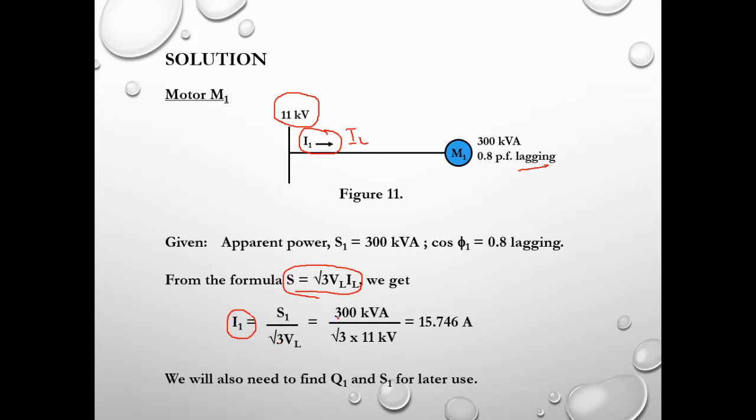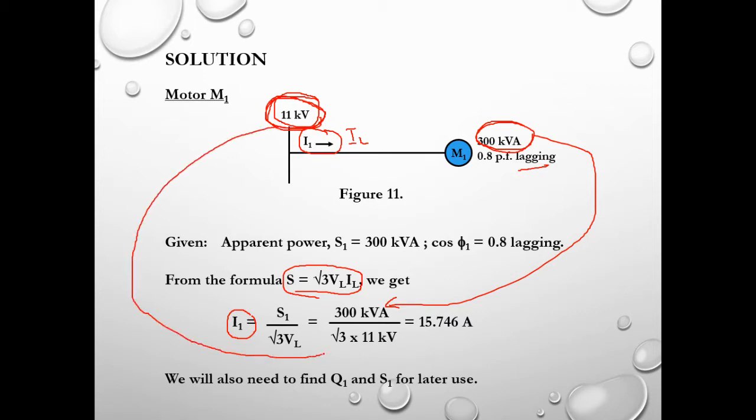Substitute the value of S1, 300 kVA, into this equation, and take the value of VL, the line voltage, which is 11 kilovolt. Substitute into this equation,